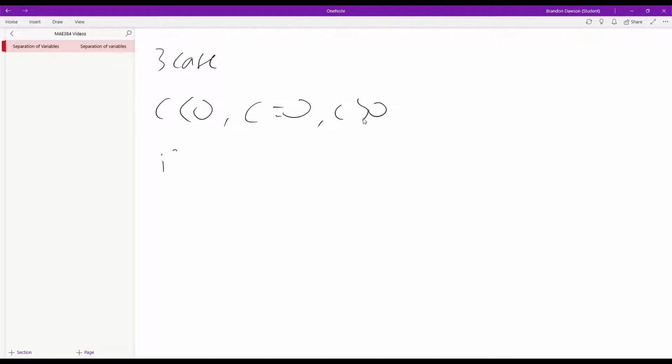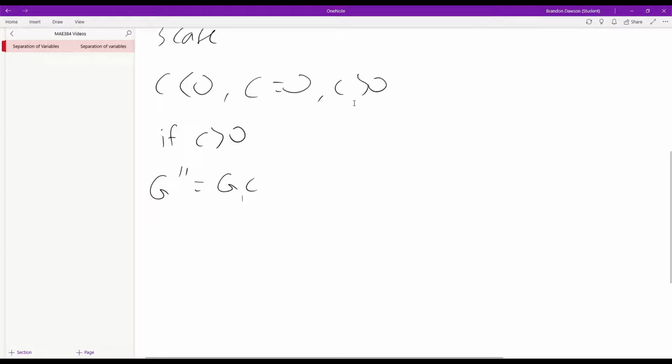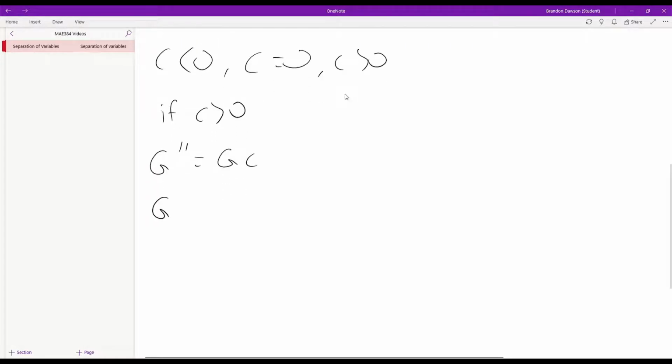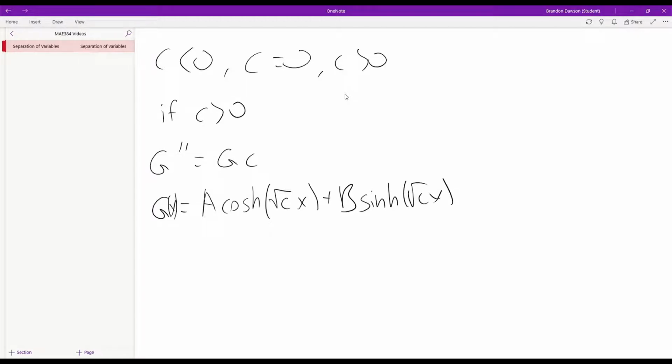So if c is greater than 0, we have g double prime is equal to g times c, and that comes out into this function here, which is a times the hyperbolic cosine